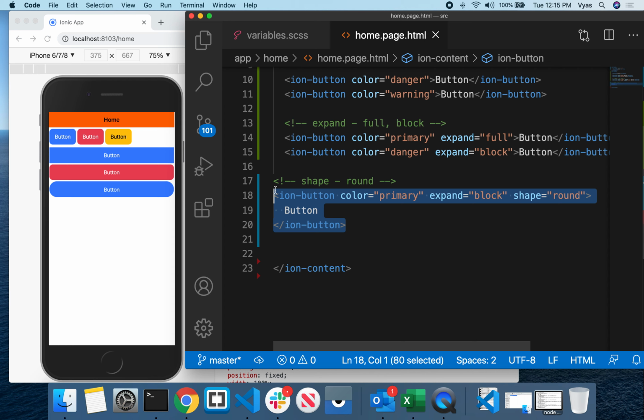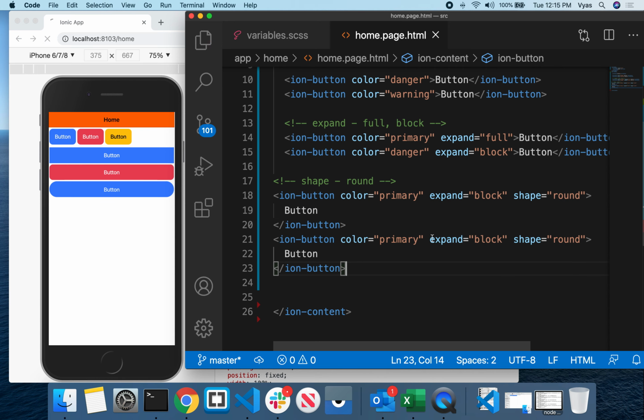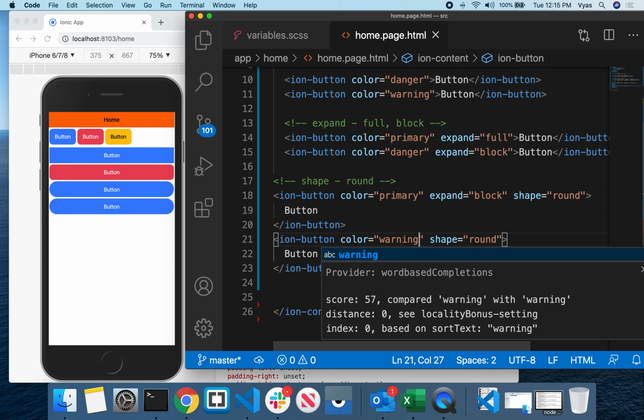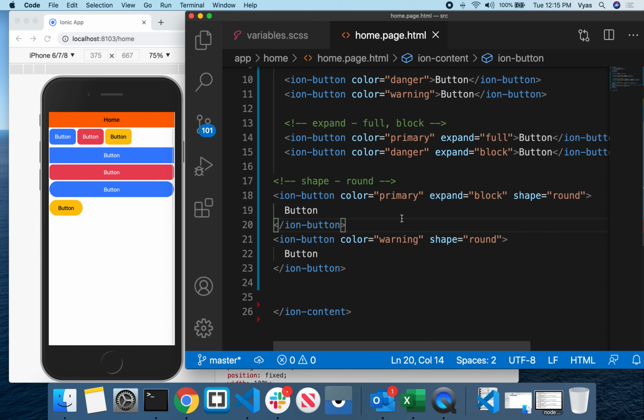If you don't want to use expand equals to block, you can remove this one also. Display a normal button with the shape equals to round, and give some color, warning, something like that. So it will display a smaller button. Now the button is not occupying the complete width here. Simply it is displaying some button with shape equals to round. Okay, so in this way you can use.